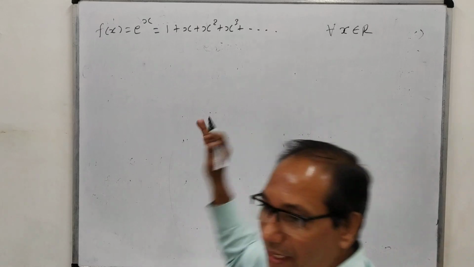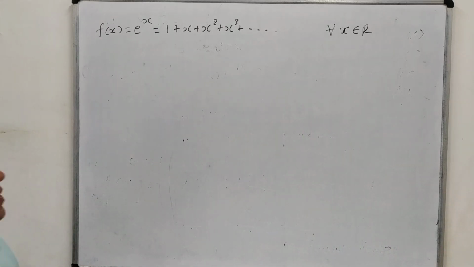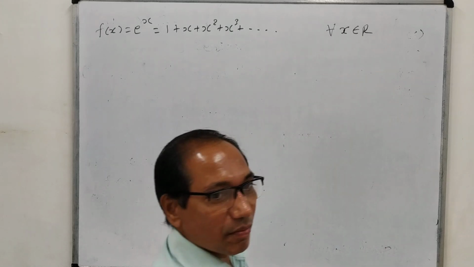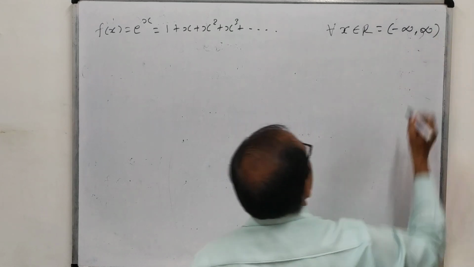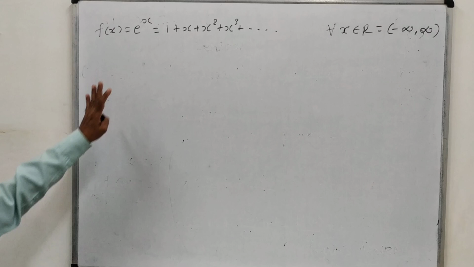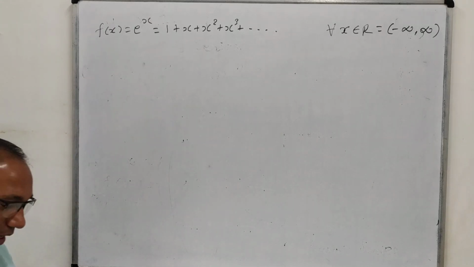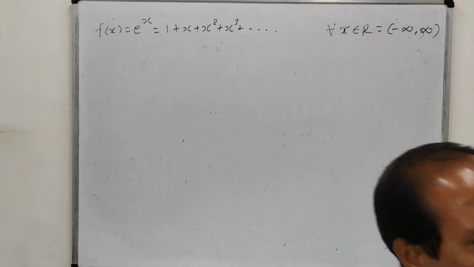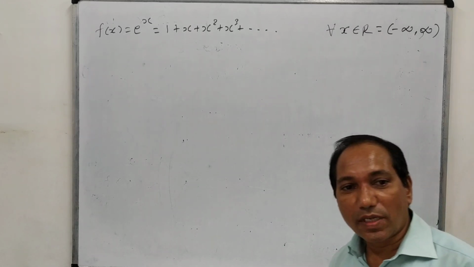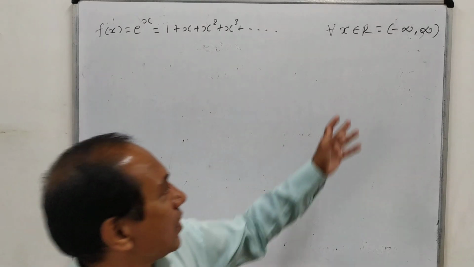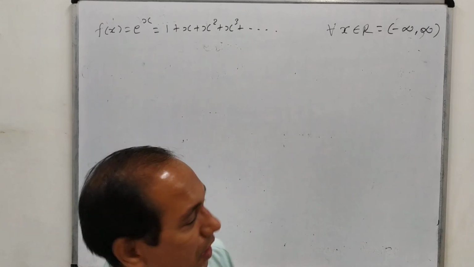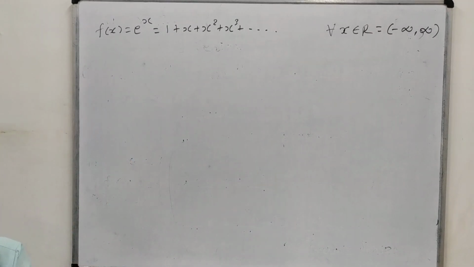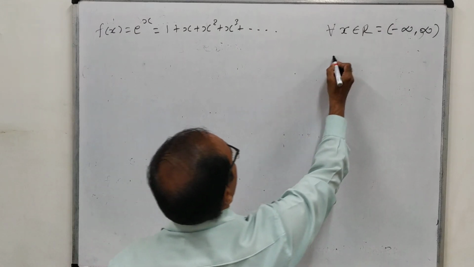That means it is valid for every value of x. And what is R? R is the set of real numbers. That means we are considering from minus infinity to infinity; any number can be assumed. So here we can find the Maclaurin series and Taylor series of any function. But remember that not all series are valid for all values of x. They may be valid for only some values of x. Here we can see that this is valid for all values of x. Valid means actually convergent.